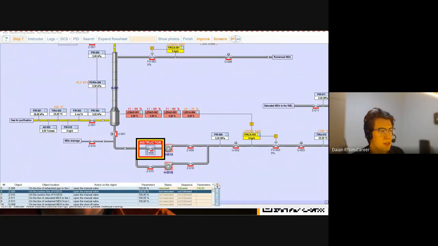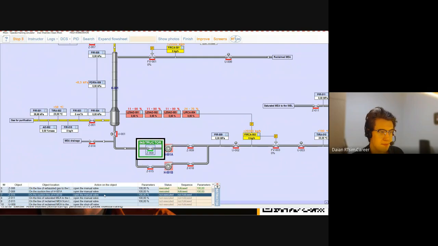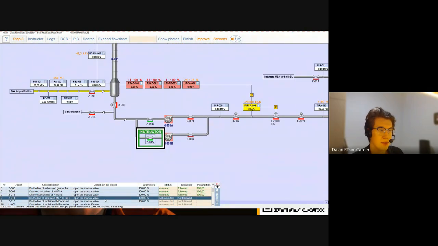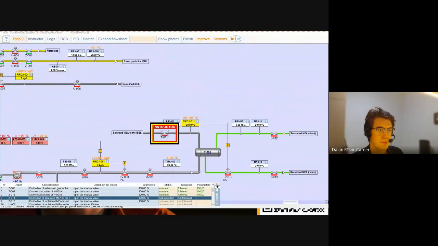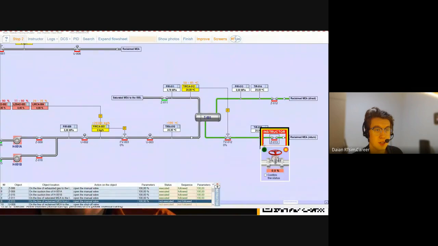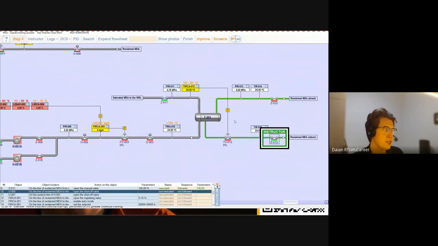And the next step is opening manual valves from the bottom to pumps and in the heat exchanger system. About the heat exchanger, just to remind you that it's very necessary to understand the cooling and heating medium of our heat exchanging system. And first of all,